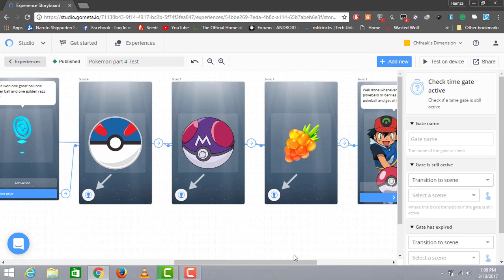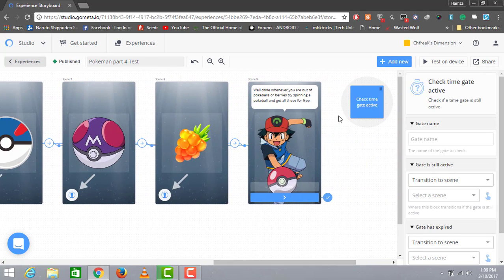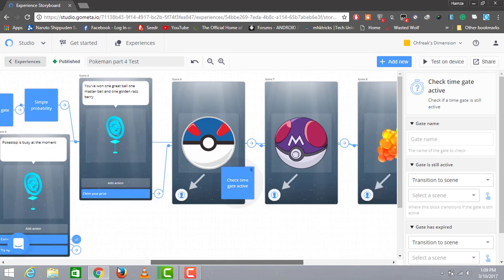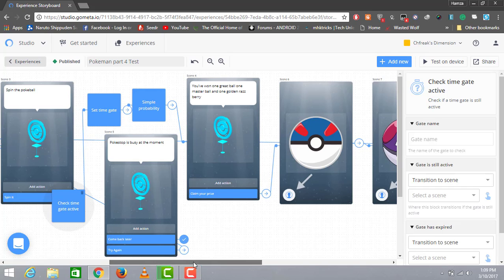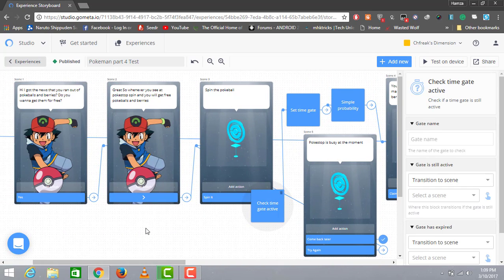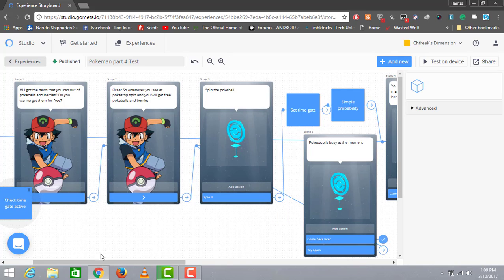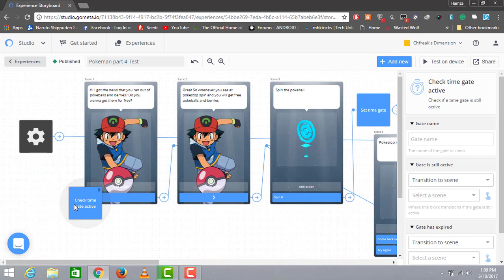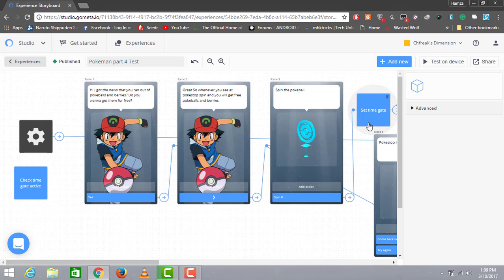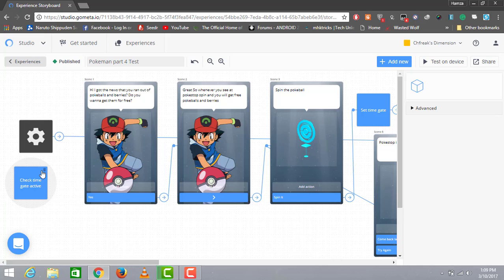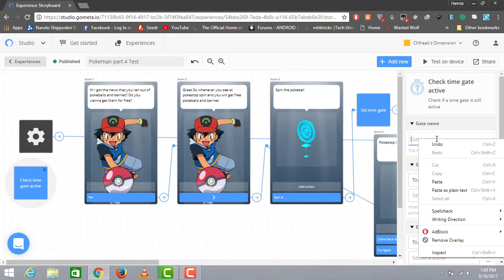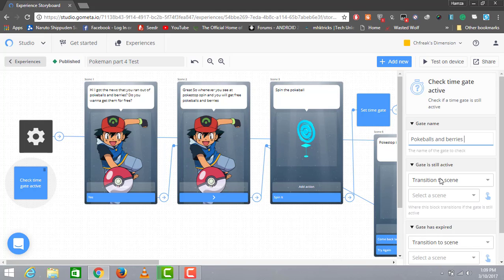Where is it? I'm gonna move this back again. So now I'm gonna click on this check time gate active thing, and I'm gonna name the gate the same name as I've set in set time gate. For that I'll copy the name Pokeballs and Berries, and I'll paste the name here. So if a gate is still active,